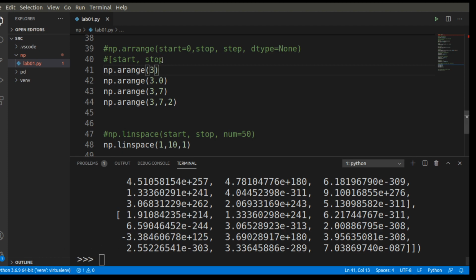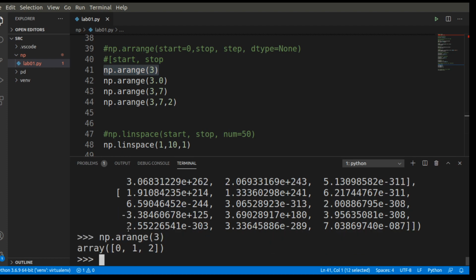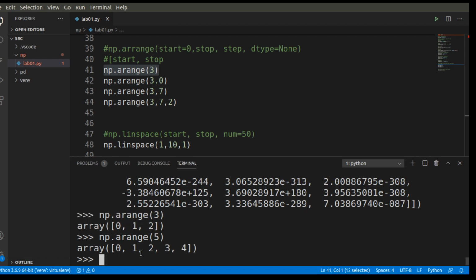So let me check this one. np.arange(3). That means it started with 0 and it gave 3 values, and in stop, 3 is equal to the stop value, and the default increment, the step, will be 1. For example, I want to generate five numbers: 0 1 2 3 4.